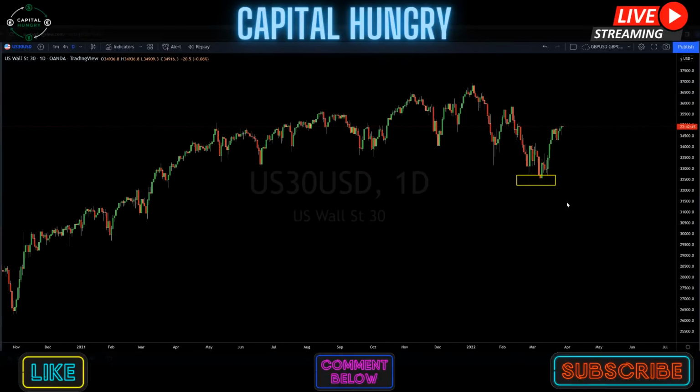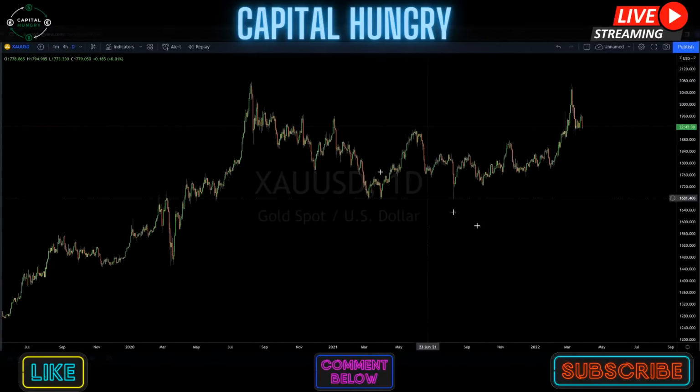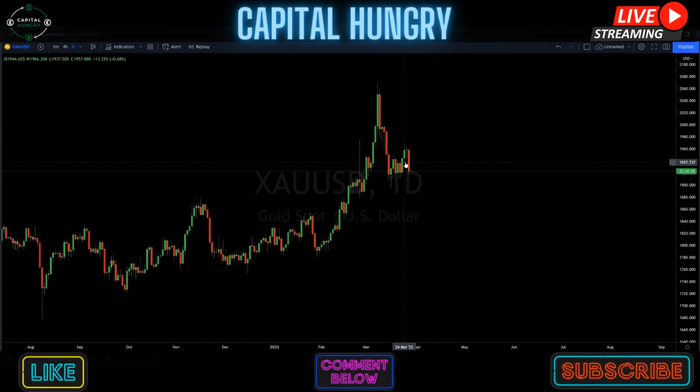So we have to be very careful with gold as it's ranging at these highs. I still see equity market buyers trying to squeeze out what they can out of the stock market. And as we have a lot of the Russia tensions priced in, we can see this daily candle on gold actually ended up closing bearish engulfing, canceling out 3 days of bullish price action, closing back at this flat candle body support. With the fact that we're coming towards the end of the quarter, US dollar holding some short-term strength,